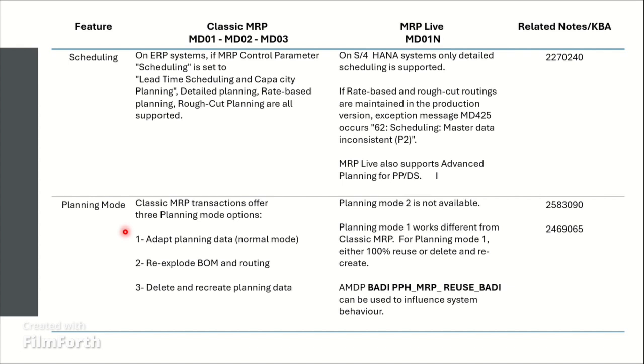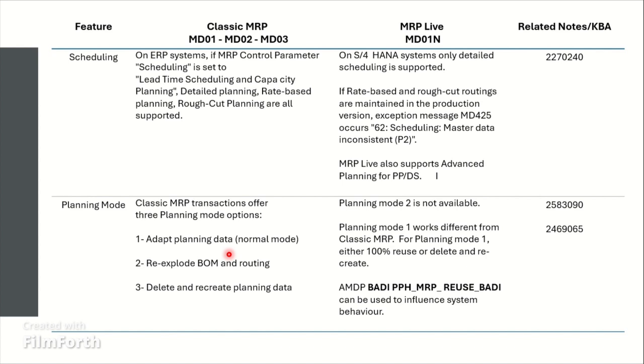And then we have the planning mode. So for the planning mode, we have three options in the classic MRP. One is to adapt the planning data, the normal mode. The second one is to re-explode BOM and routing. And the third one is to delete and recreate the planning data. But when we take a look at the MRP Live, planning mode 2, which is re-explode BOM and routing, is not available. Whereas planning mode 1 to adapt the planning data works differently from what we see in the